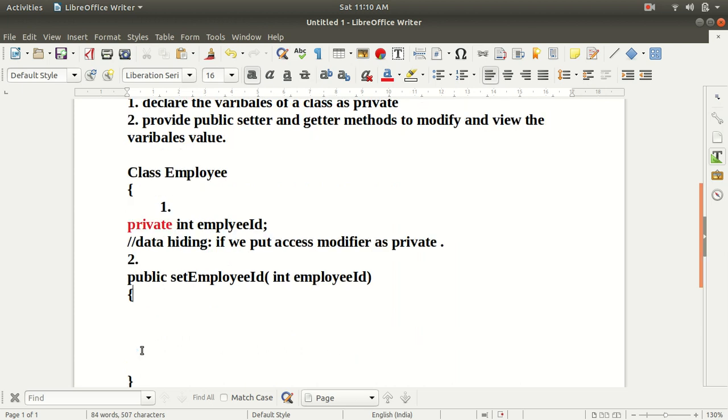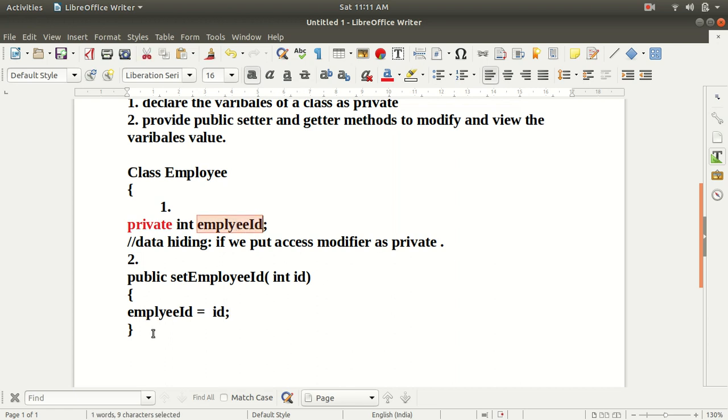This is a setter method, and we have to assign this argument value to our employee id. So let's copy this from here, equals to this employee id variable, or let's keep it as id. So we will assign this id value to the employee id variable of this class. So with the help of the setter method, we can modify the value of this variable.